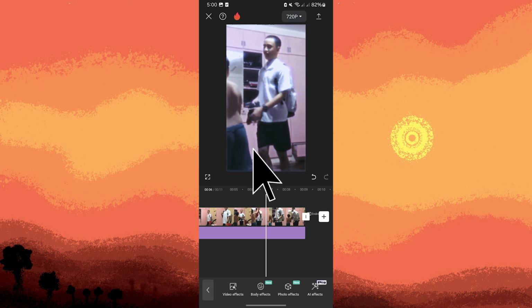Tap the play button to preview the video with the VHS effect applied. Once you are satisfied with the effect, tap on the export button at the top right corner. By following these steps, you can effectively add a VHS effect to your video in CapCut, creating a retro, nostalgic look